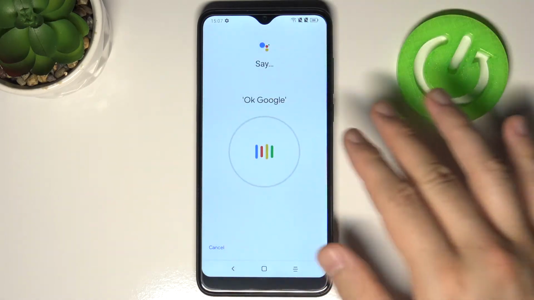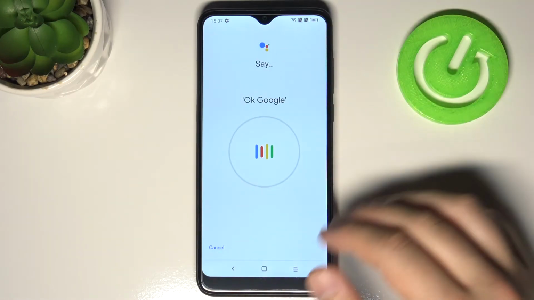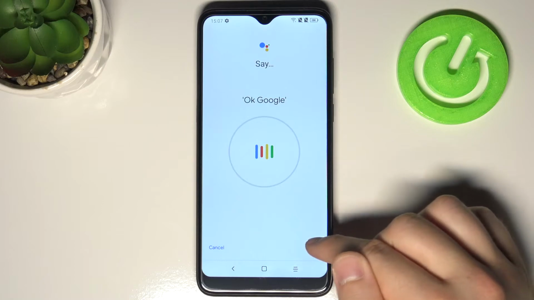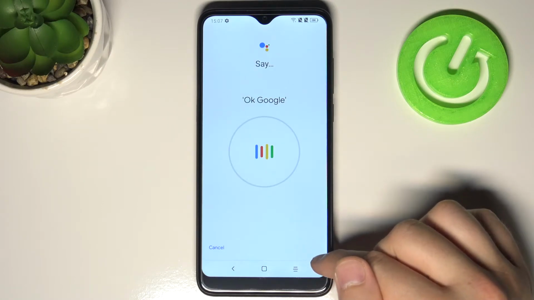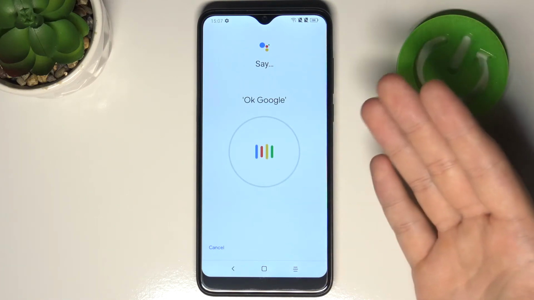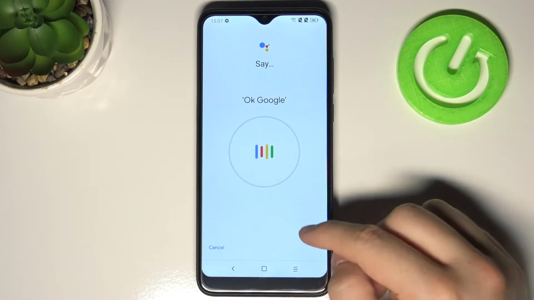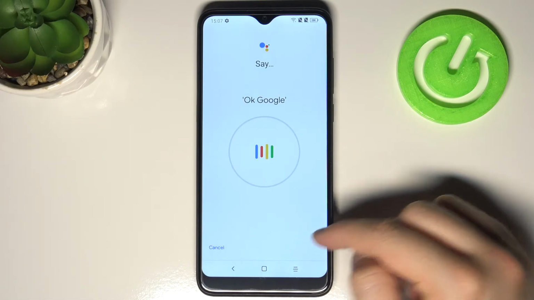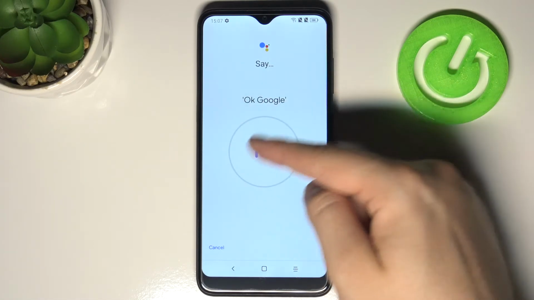you have to accept everything that pops on the screen, like click next on the right bottom corner. In my case, this option is set up so I cannot show you step by step how it looks, but after you accept the few things and tap on the switcher here, you will get this circle and